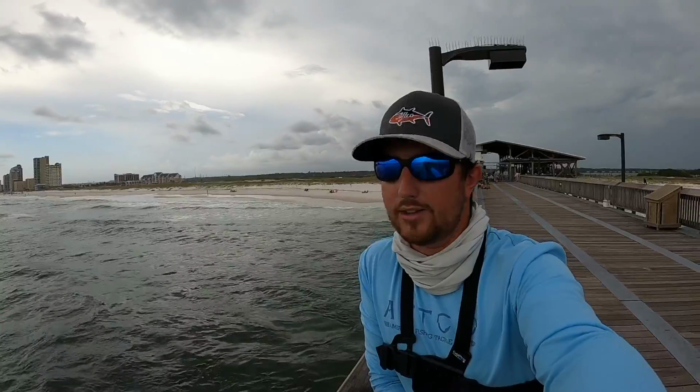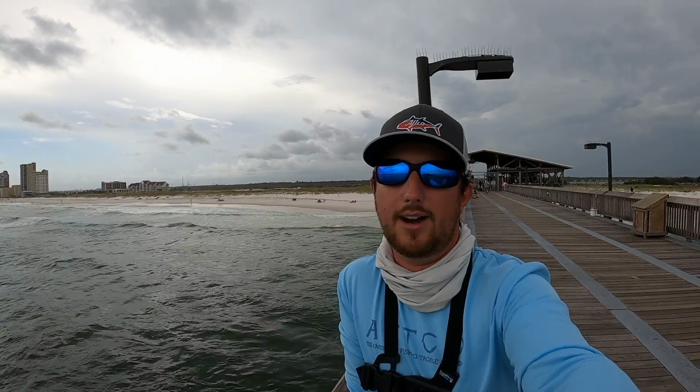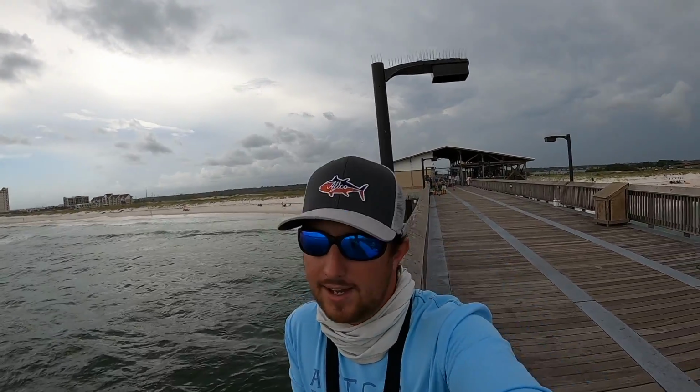There you go, buddy. Just caught that nice mangrove. It wasn't a keeper. It was about a half inch short, so it's got to go back. I don't make the rules, but it is what it is. Since this is Alabama state waters, I know there's a lot of confusion between Florida and Alabama. They have to be 12 inches total length in Alabama waters, but maybe we can get us a keeper, so